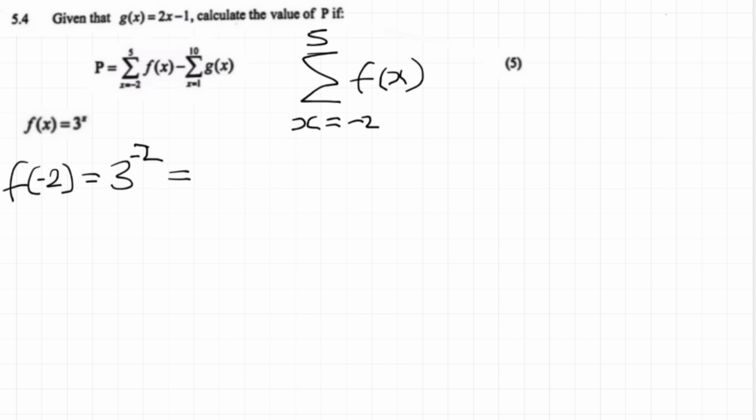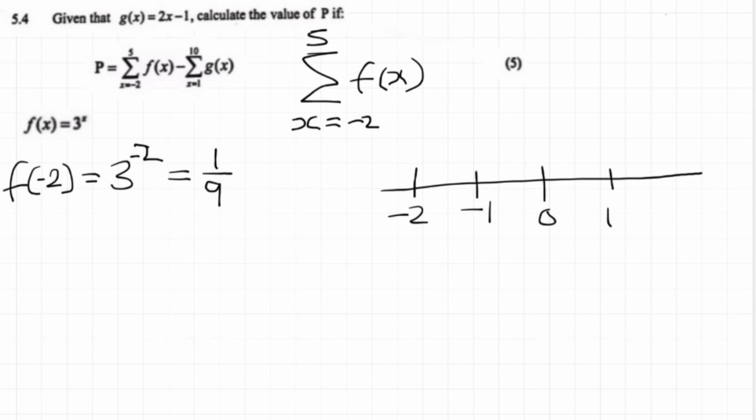And then this, if you punch this in a calculator, you're going to get 1/9, just like that. And that is term number 1. For term number 2, I also want to paint a picture for you. We know that this is -2, this is -1, this is 0, this is 1, this is 2, and then there's -3. So the starting term is here, we start from this number and we go forward,